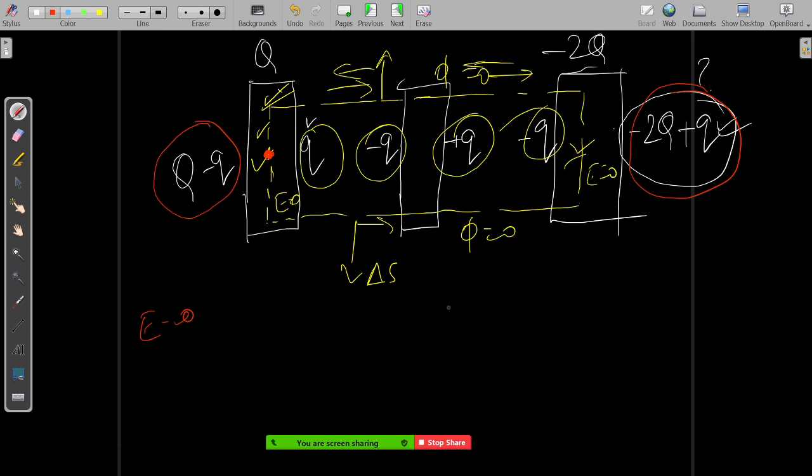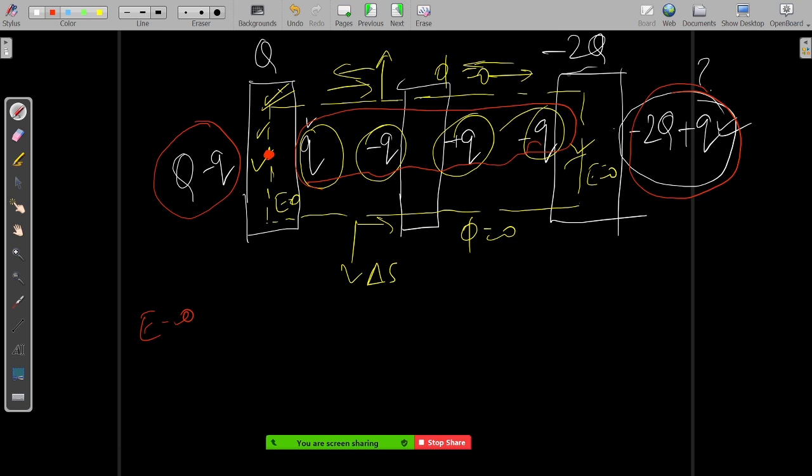See, the electric field at this particular point, the red point here, I know is equal to zero. And we also know that all the internal charges are zero here. Inside, all these charges are going to be zero. That means what?